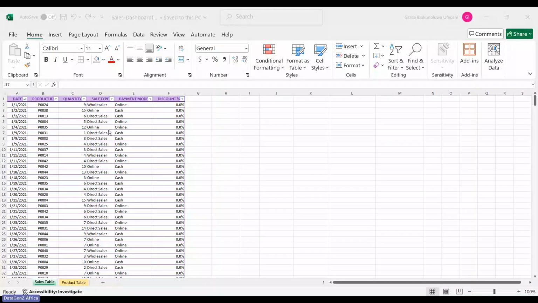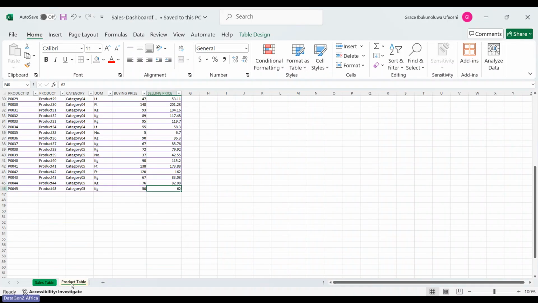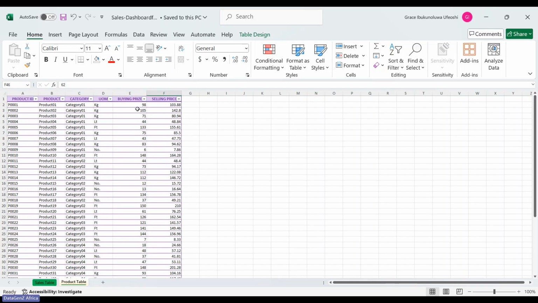Okay, so we have these data sets, right? We have two tables in these Excel spreadsheets. We have a sales table and a product table. So this data set is like, for example, let me use a supermarket. A supermarket has several products in their store, and then each of those